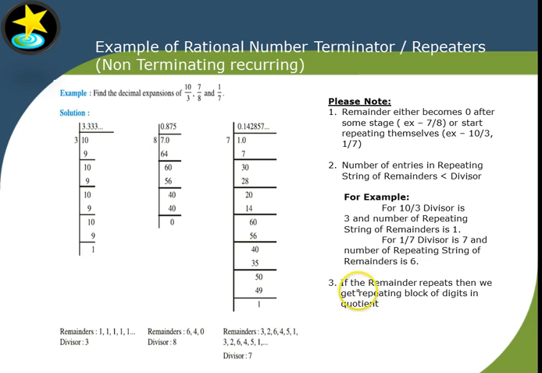The third point: if the remainder repeats, then we get a repeating block of digits in the quotient. So that was the third point which I was trying to explain. Since the remainder is repeating, you will get a repeating value in the quotient. So these are three different points which we can conclude by looking into this example and is valid for any other example. The one which you have to keep in your mind is point number 2 to be sure,